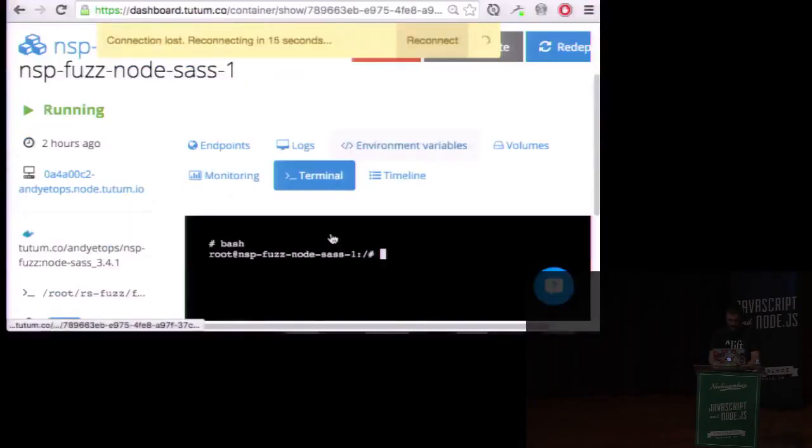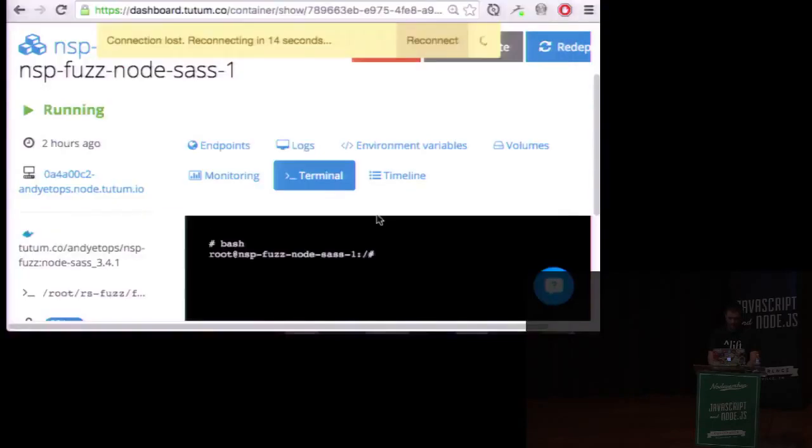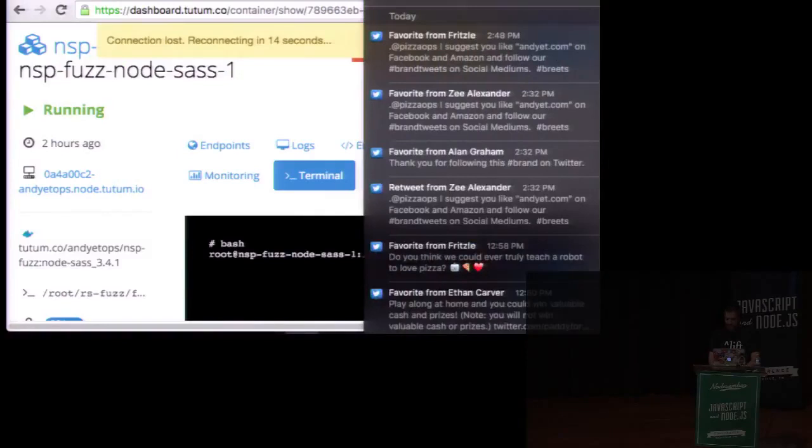If I had network, it's like it worked 15 minutes ago. Why does the Wi-Fi not work? What's that? Of course, it works on my machine, right? Let me just do this, because if I've got time, this is really fun. And we might just find an ODay in Node SASS.